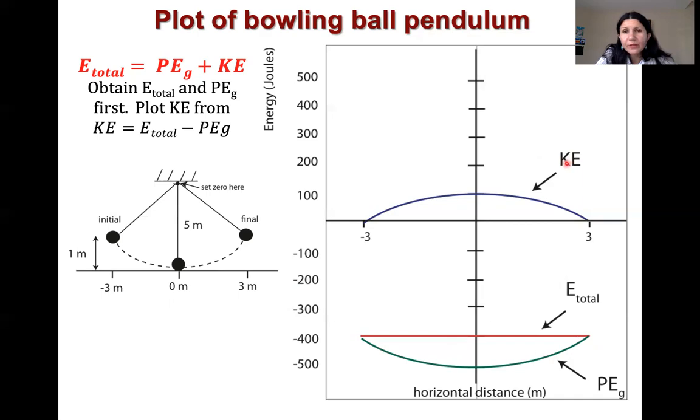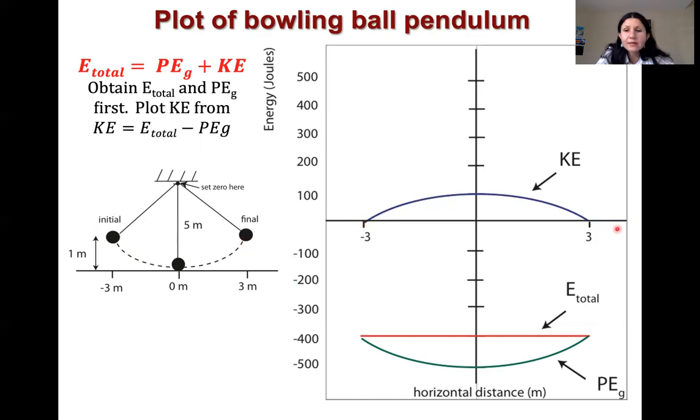But again, we don't need to go through all of these points and calculate it. We could just use the fact that kinetic energy is the total minus the gravitational potential energy. And you could do that by just choosing some points. So right here, total and potential energy are the same. So when you subtract them, you have to get 0. So there's the 0 kinetic energy. And make sure it also makes sense physically to you. If you go up here,